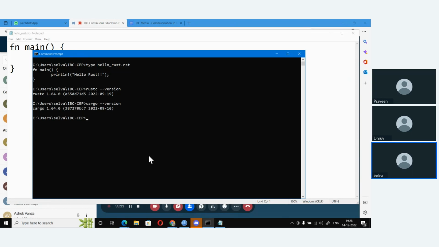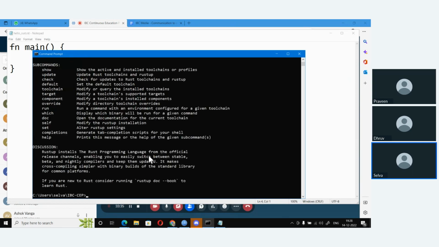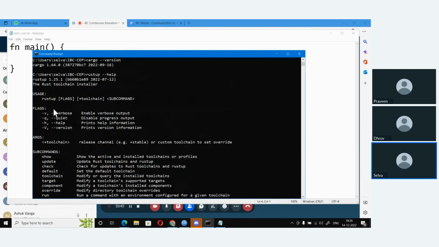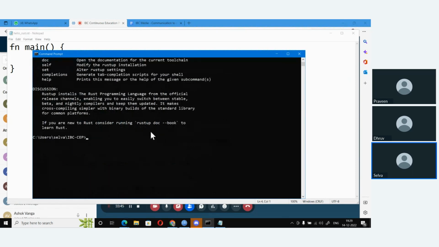And in case you want to update your toolchain, you can always use rustup. You can check what it can do by using rustup help. You can say show, update, check, default, toolchain, target, and so on. It's all very neatly explained in the Rust book also. So rustup help book to learn Rust.